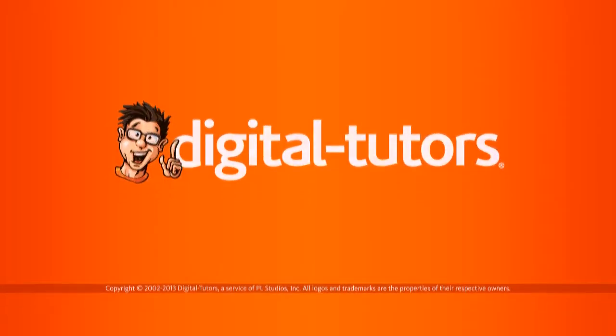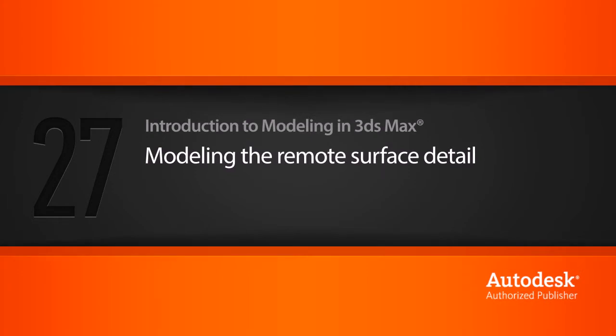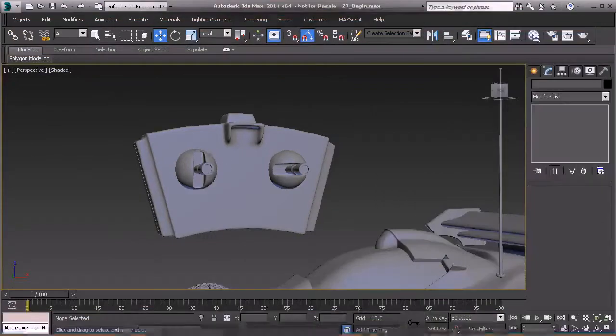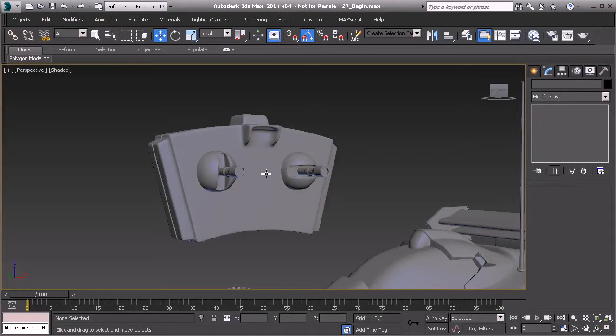In this lesson, we're going to create the surface detail for our remote. Alright, so in this lesson I wanted to show you just a couple of tools that we have available to us in the graphite modeling tools. Some of these are really neat to work with, and they really have special uses and can be really helpful